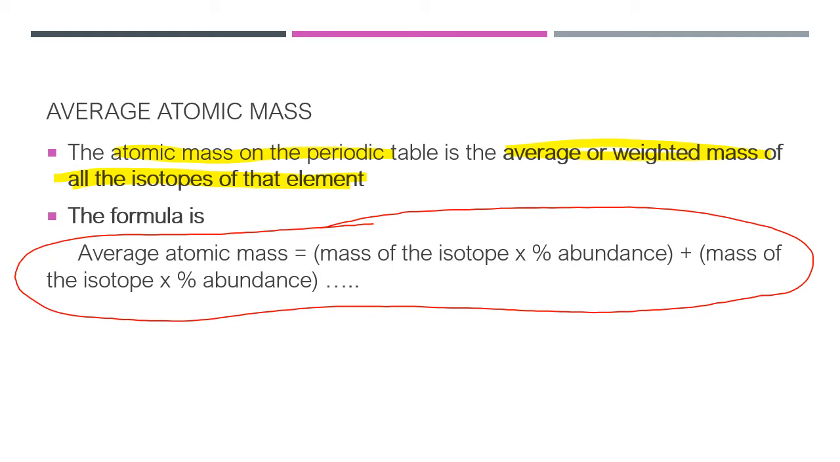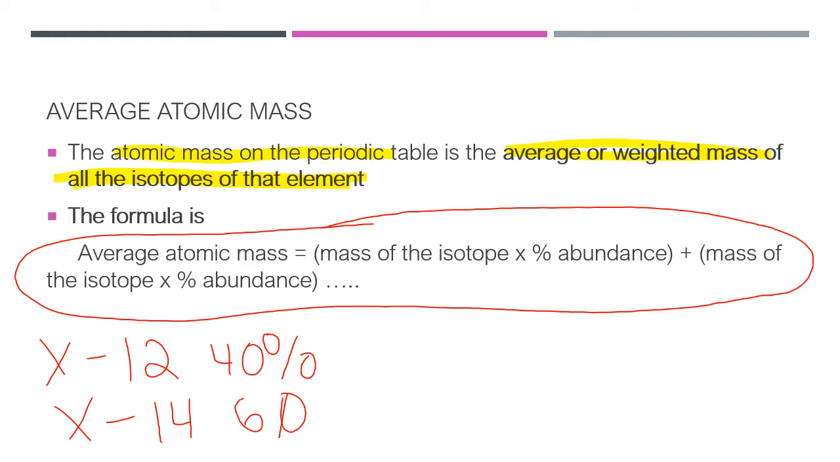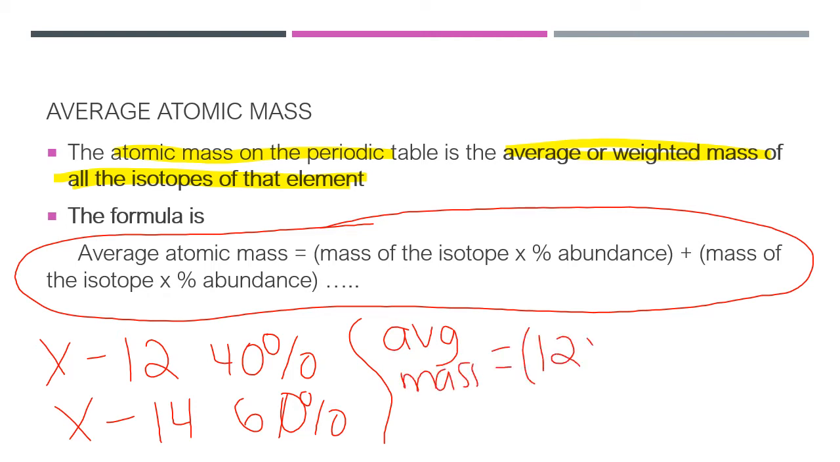And so I'm going to make up an example. Let's say element X has 2 isotopes. One of them has a mass of 12 and is 40% abundant. And then the other one has a mass of 14 and it's 60% abundant. How you would solve that is the average mass equals mass of my first one, which is 12, times